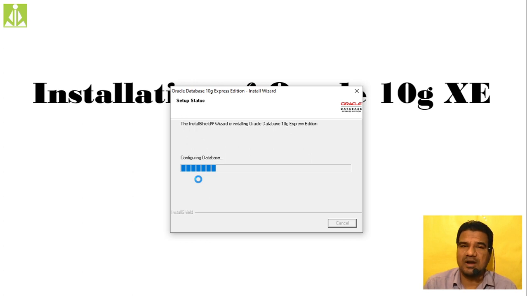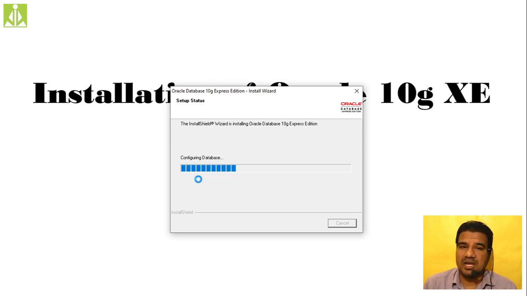For the next time when we open the application, we log in with our own user defined user only. We will not log in like an administrator. Hope you understood this. So for the first time we log in like an administrator, then we create our own user, and from the next time onwards we log in with the credentials of our own user. We are not depending on administrator anymore.